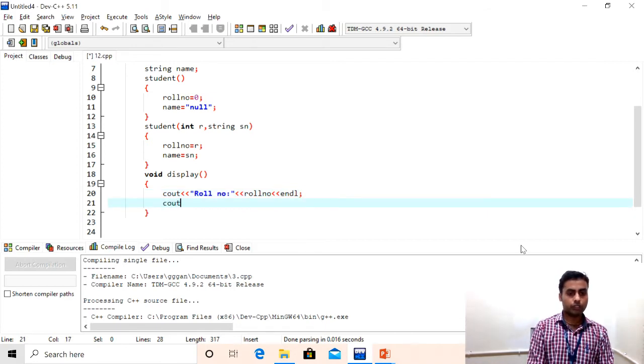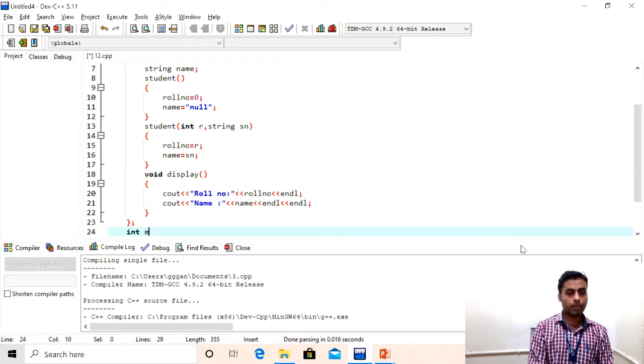Then cout, where we will display the name of the student, which will be name, and again I am using a new line manipulator. Then I am closing the class.